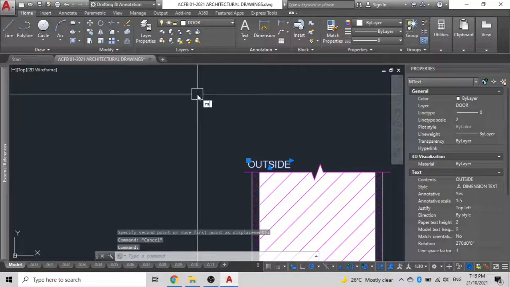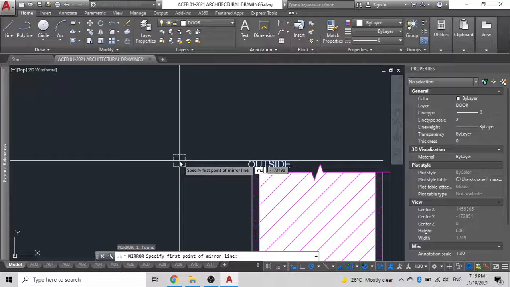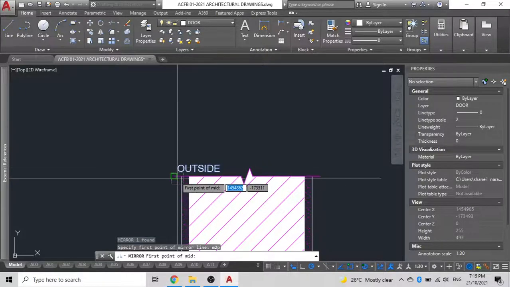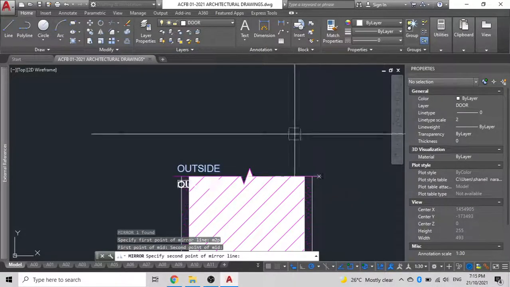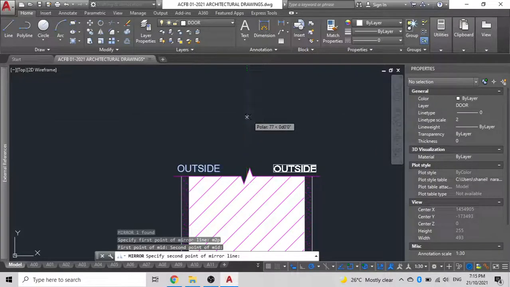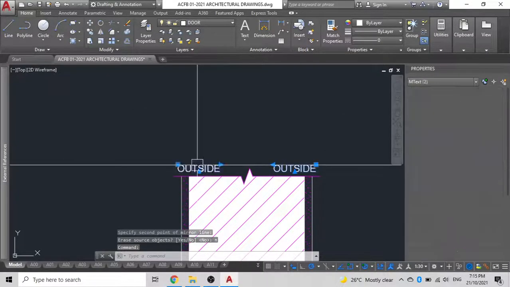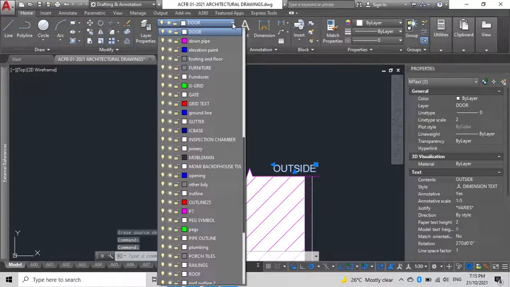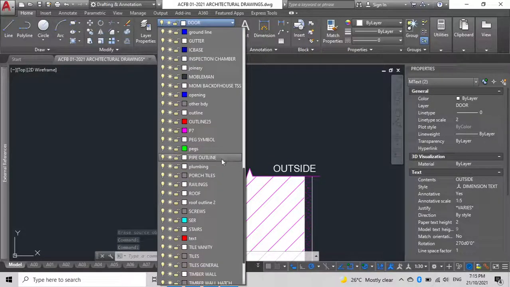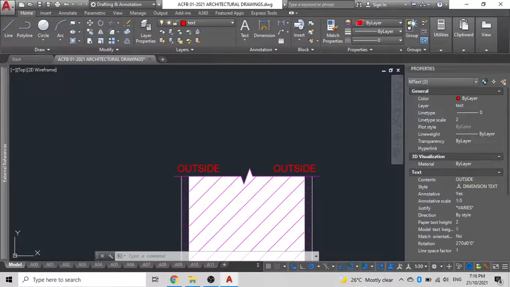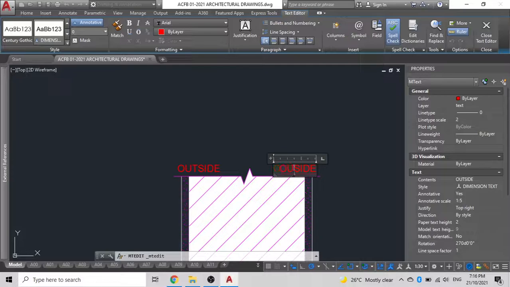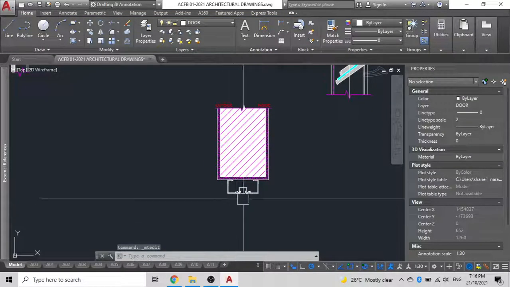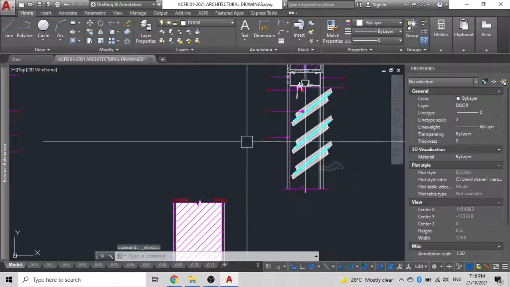And I will not copy, I'll just mirror this into place. So mirror, then type M2P. And say no. Select these both and put them to their respective layers, or just match properties with another similar layer. Now, if this is the outside, obviously this will be the inside. There you go. Now the next thing that you need to understand is the type of outlines that you'll be